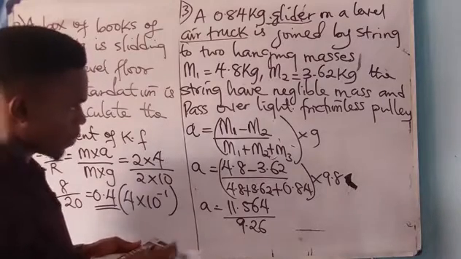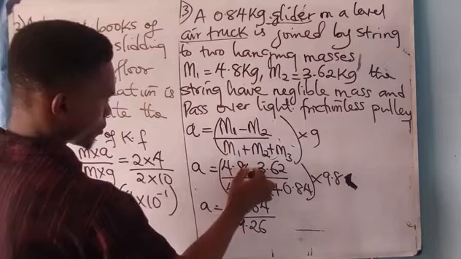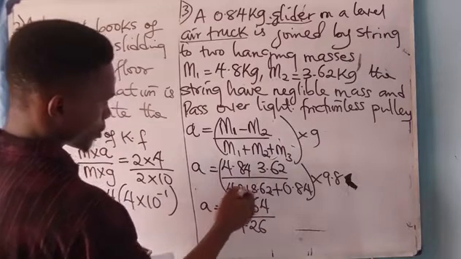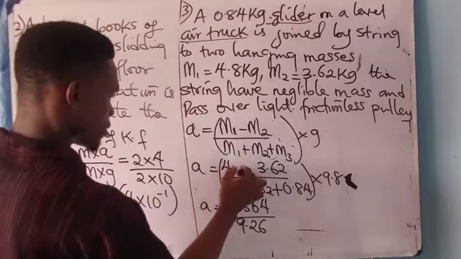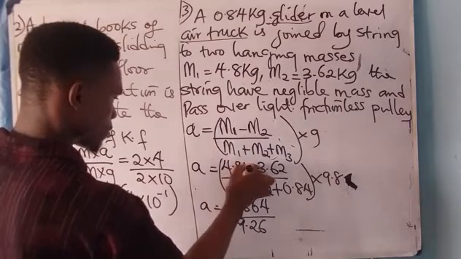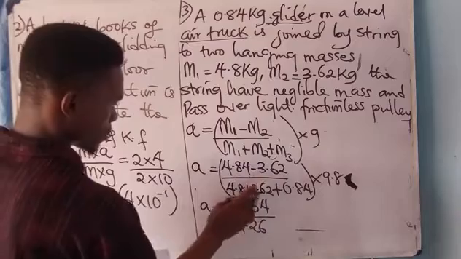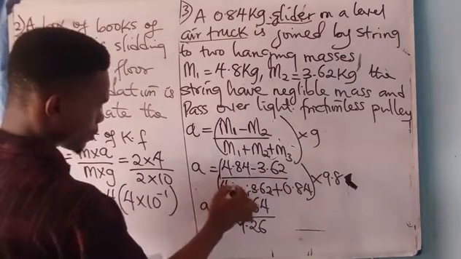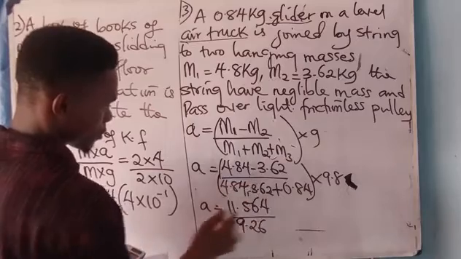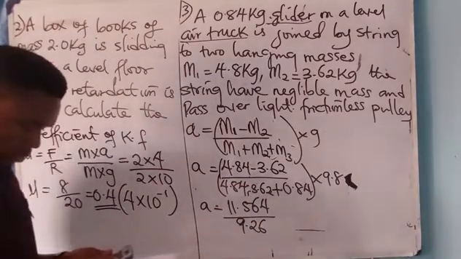Okay, it's 4. All right. So 4.84 minus, oh God, excuse me, 4.84. So 4.84